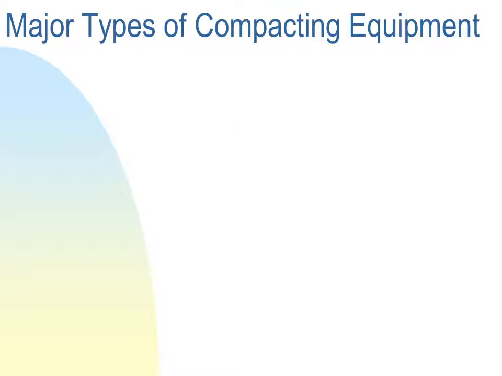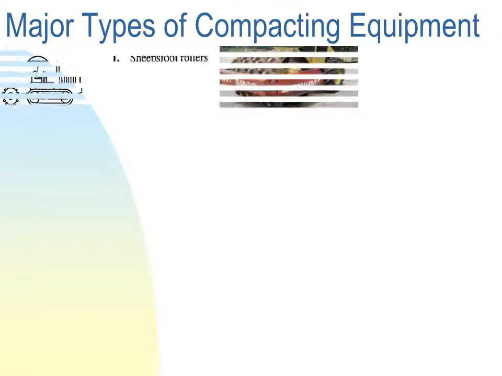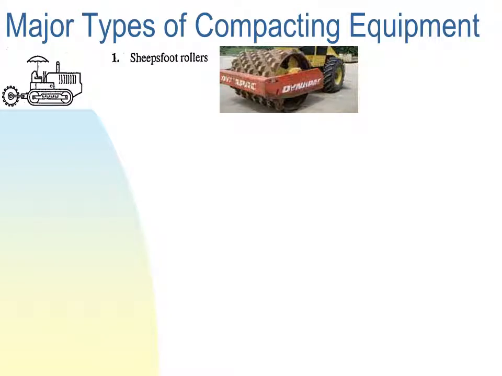be discussing after. So the major types of compacting equipment, we have the sheep's foot rollers. Even from its name, you could understand that it has these cubic things in it that look like the foot of a sheep. And this is a concept that's taken from the Roman civilization, because the Romans were the first to mend roads, and they used sheep to mend the roads. So